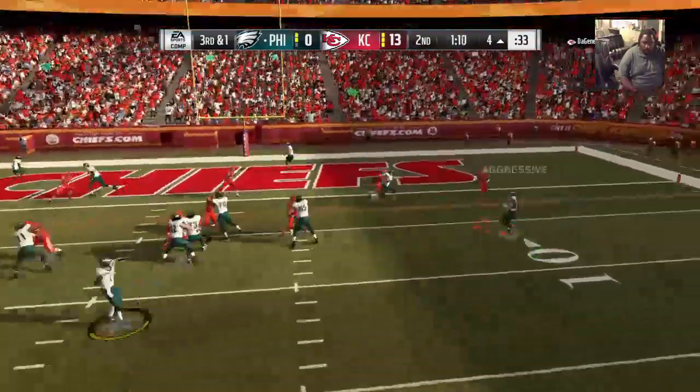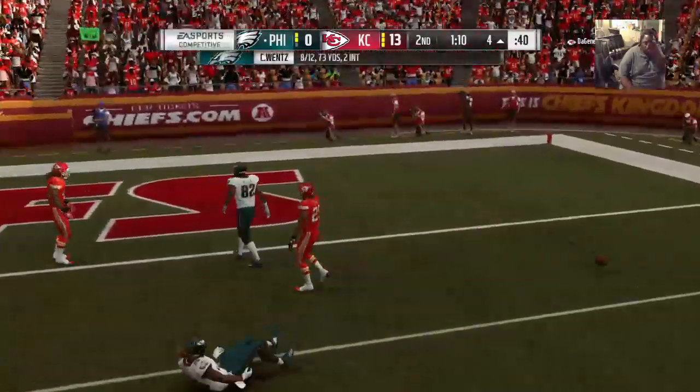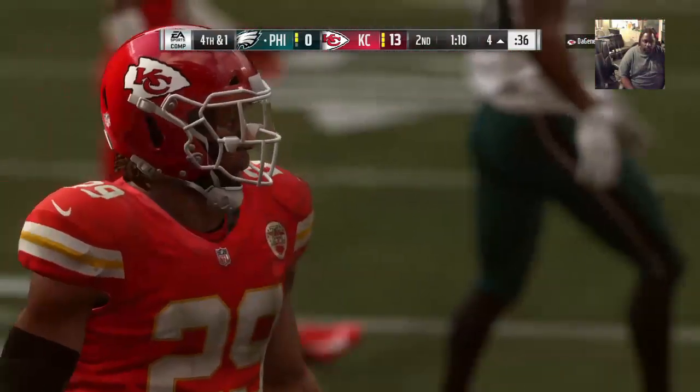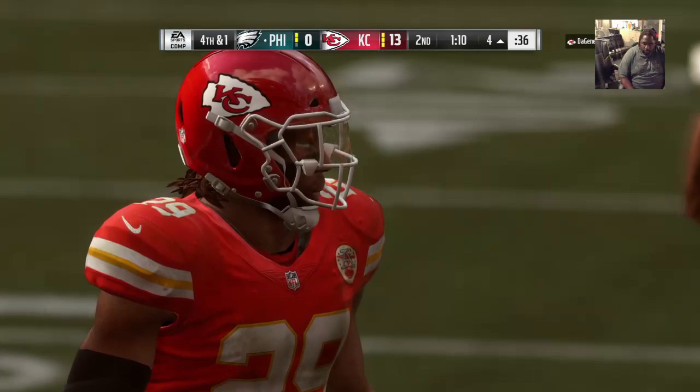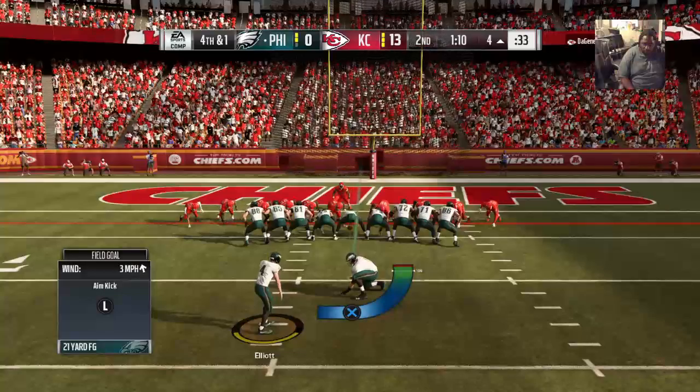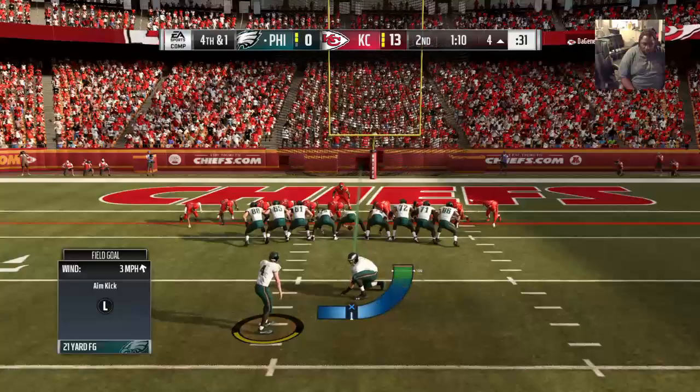Wentz to throw on 3rd and 1. And incomplete. The contact made the ball roam free and brings up 4th down. This team is not going to make it easy for you. They're a physical group, and we just saw it there on that play. He came in, made the contact, just as he's trying to haul